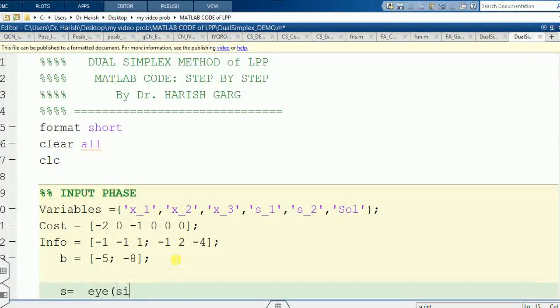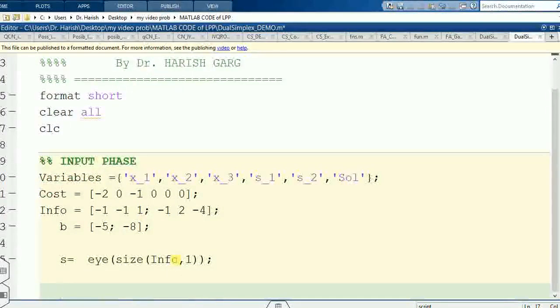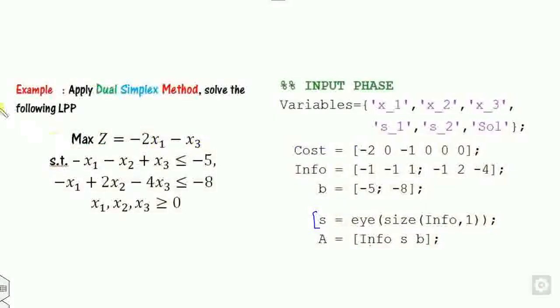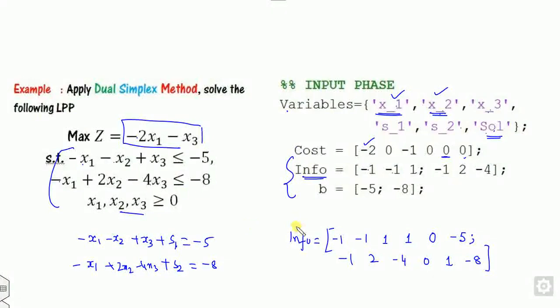S is identity of size info 1, and you can define the matrix A as info S and B. Otherwise you can call this A as info only. If you write the identity matrix on the right hand side here, this B is my right hand side.